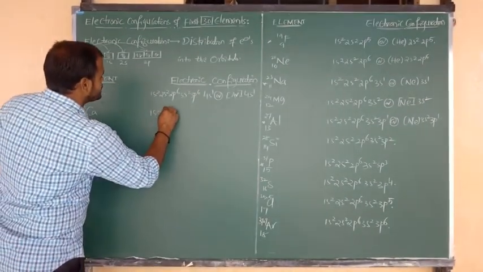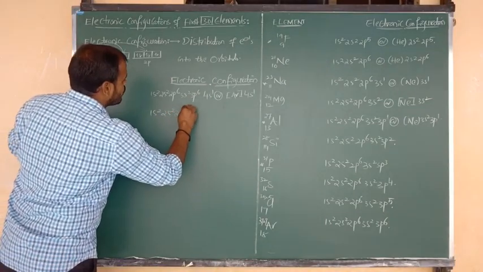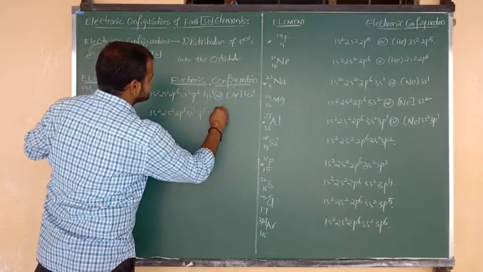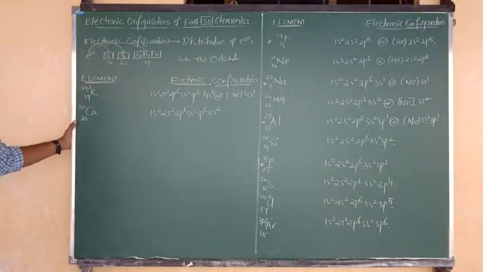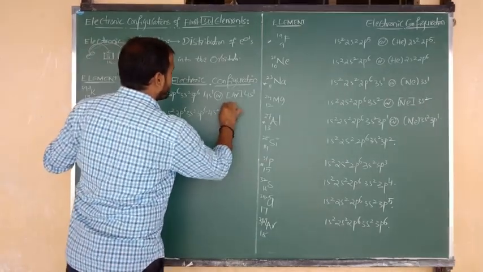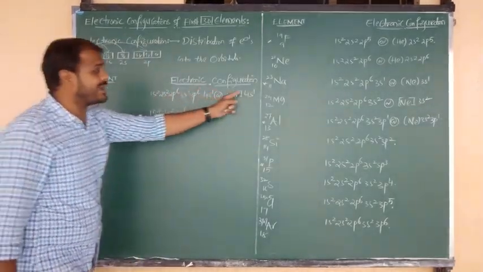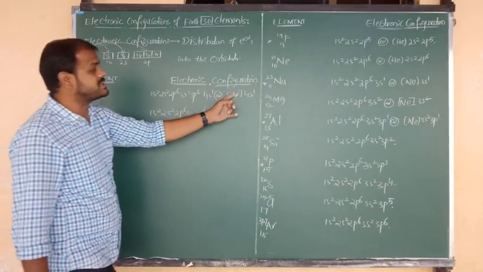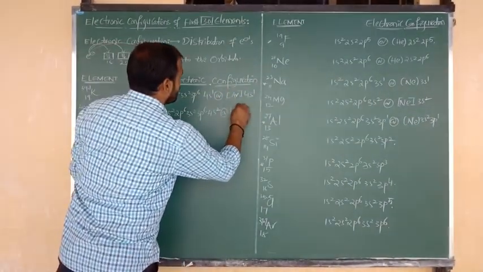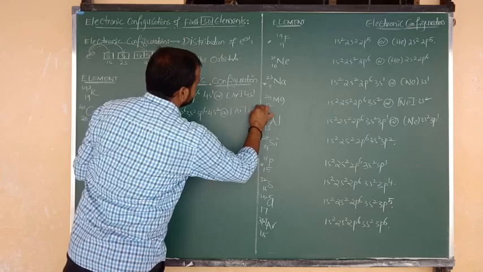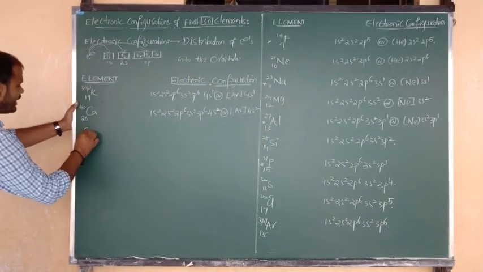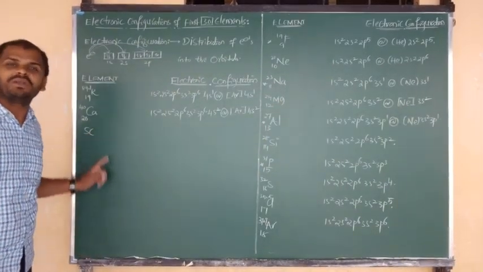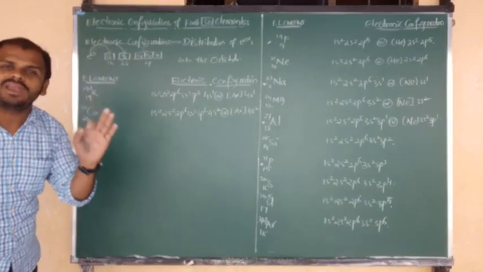So the electronic configuration is 1s2, 2s2, 2p6 and 3s2, 3p6. The next electron enters into the 4s2 orbital. Yes, beta. And what is the short form of configuration? This is argon 4s1, 19 electrons. But here another electron is there, so we have to say argon 4s2. Like this, beta. Next I am going to enter into the d-block elements from scandium to zinc, from 21 to 30, all are purely d-block elements.